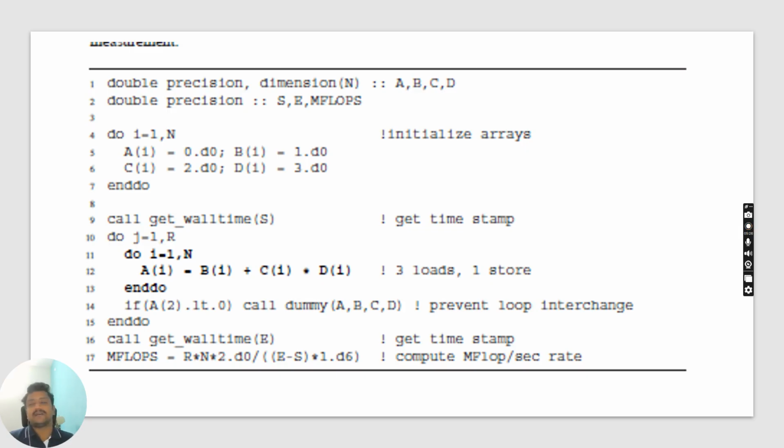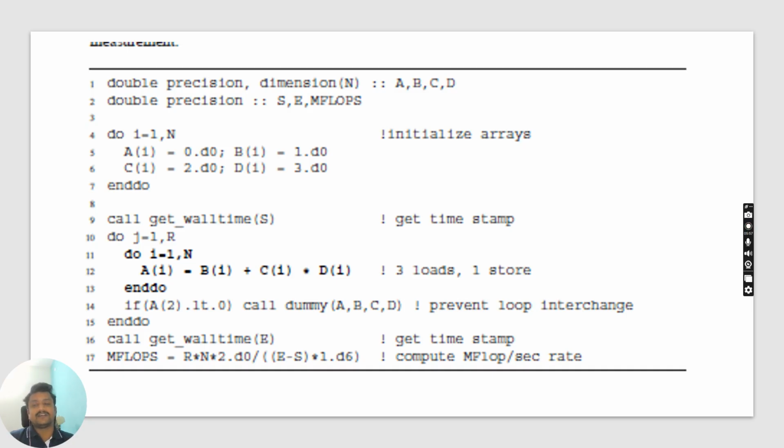Here we have a loop that is initialized with I starting from 1 to N. Now we have double precision dimension. We have to assign those dimensions with A, B, C and D with the dimension values of 0, 1, 2 and 3. Now we have to go with the wall time